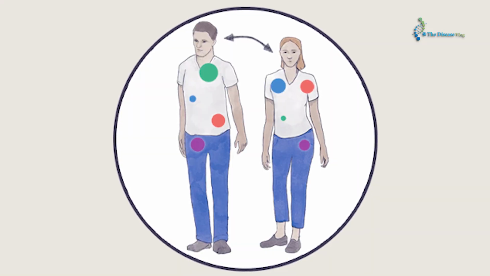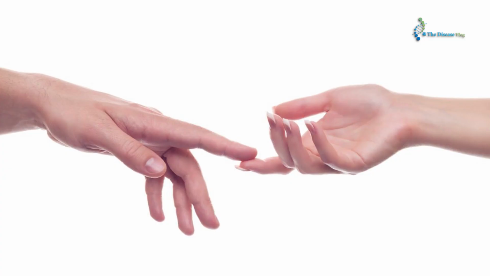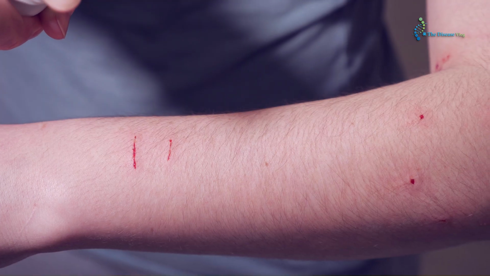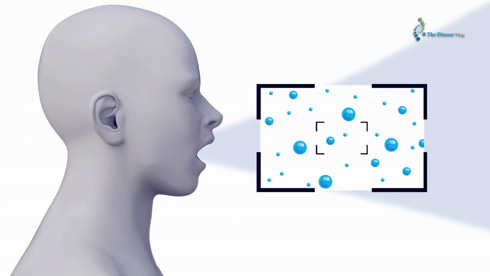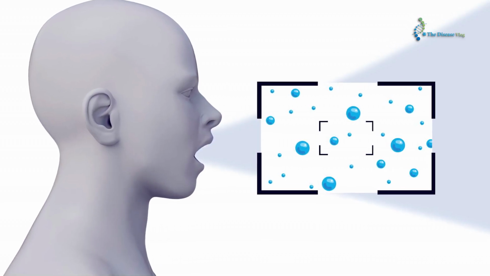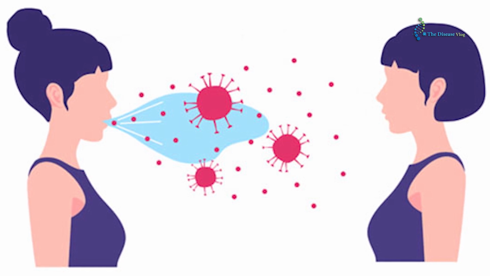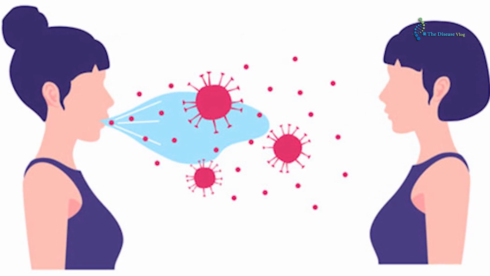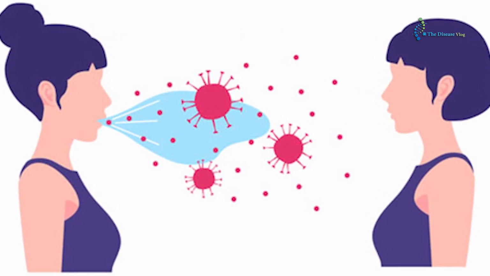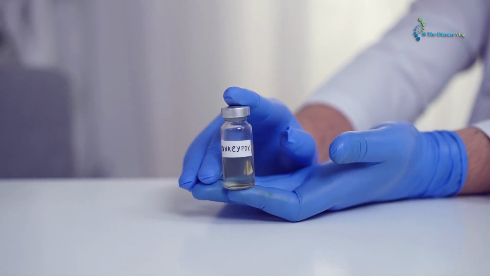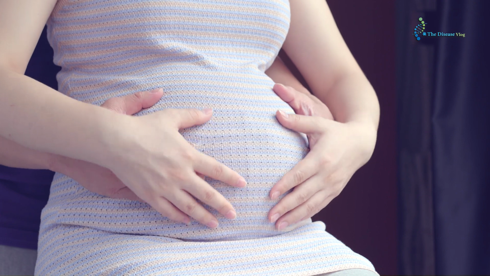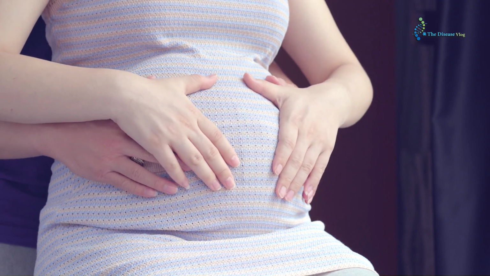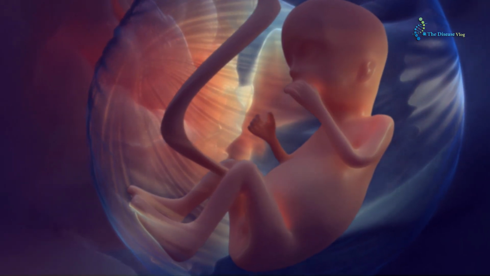While human-to-human transmission occurs in many ways, like touching or coming in direct contact with the lesion, scratches or body fluids of a person with mpox, coughing, sneezing, or talking generate droplets which contain pox virus. Thus, these droplets are also the source behind spread of monkeypox virus from one person to another. Similarly, the monkeypox virus has ability to cross placenta. Therefore, infected pregnant women can also serve a source to transfer this virus to fetus.